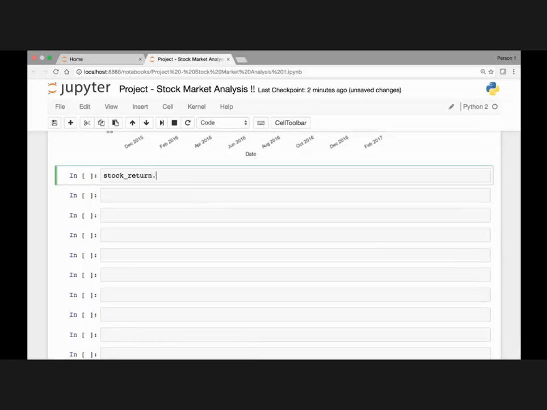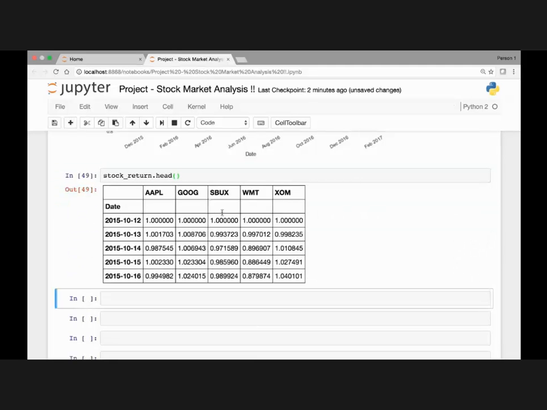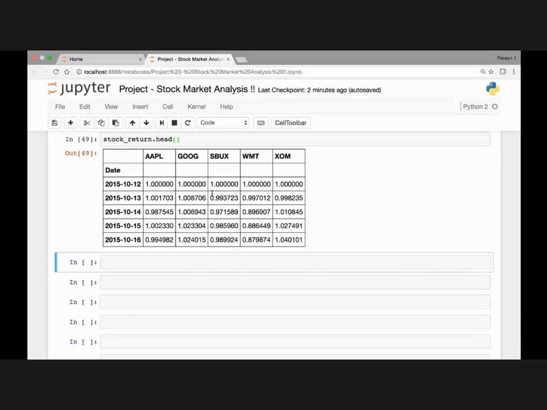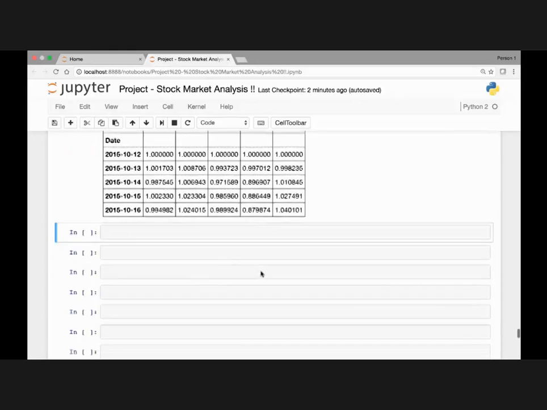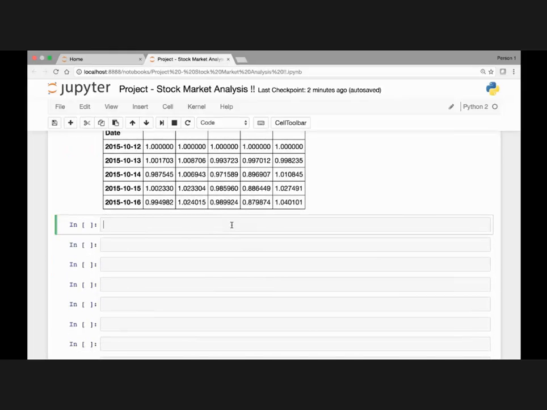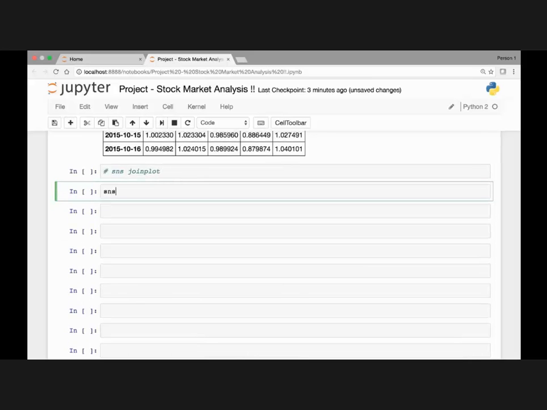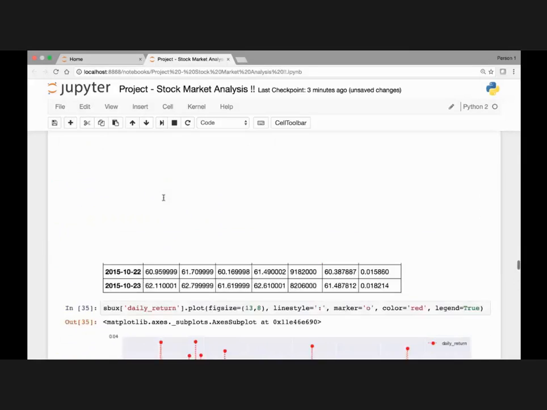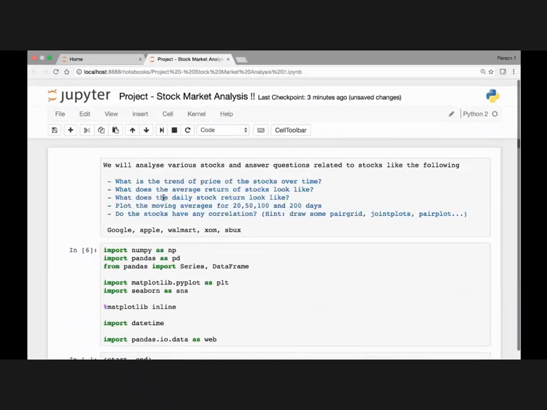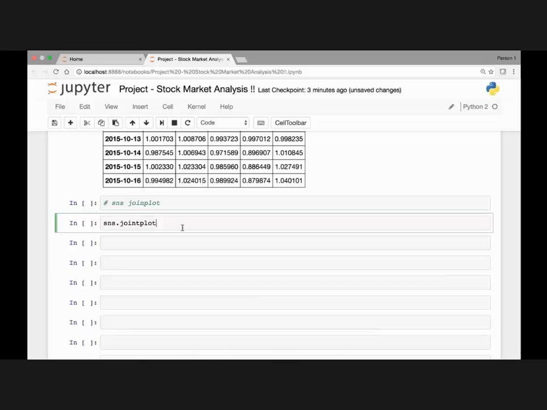So we have stock return dot head. Okay, this is what it looks like. First, let's try to plot a joint plot and see if there is any correlation. Let's consider the stock Google. So we'll use Seaborn's joint plot method. Okay, so we have SNS dot joint plot. If you haven't imported Seaborn, make sure to import Seaborn. We did that in the beginning of the project. Import Seaborn as SNS. So SNS.joint plot, and